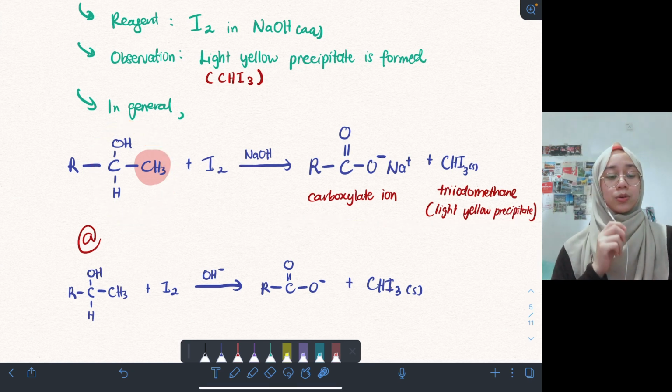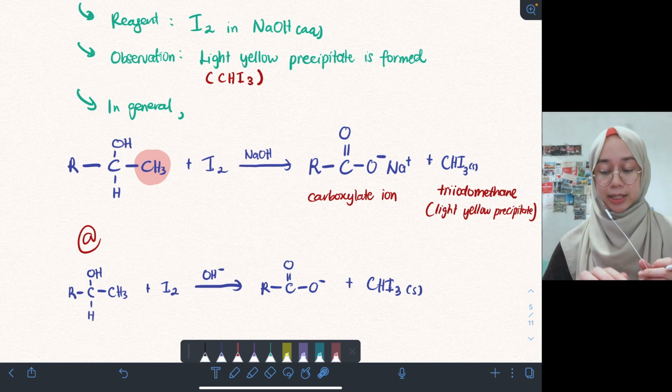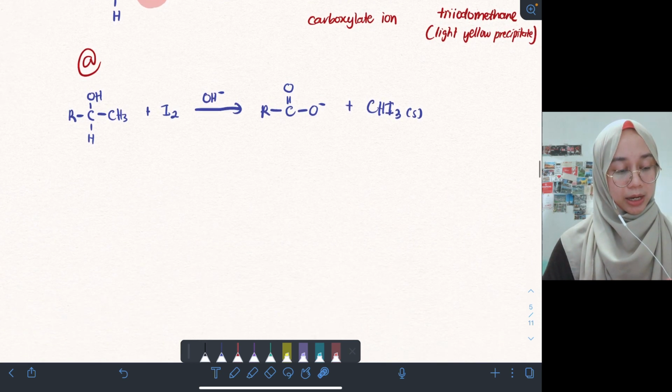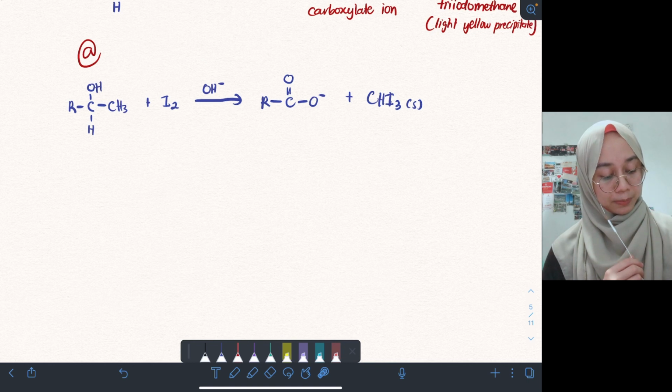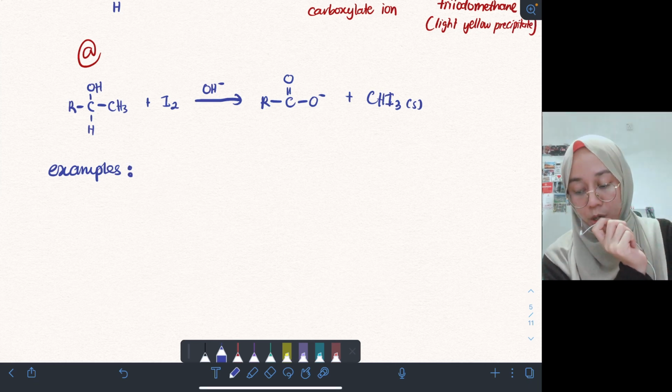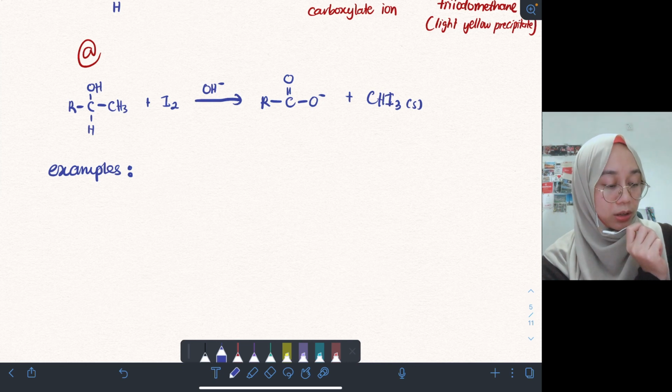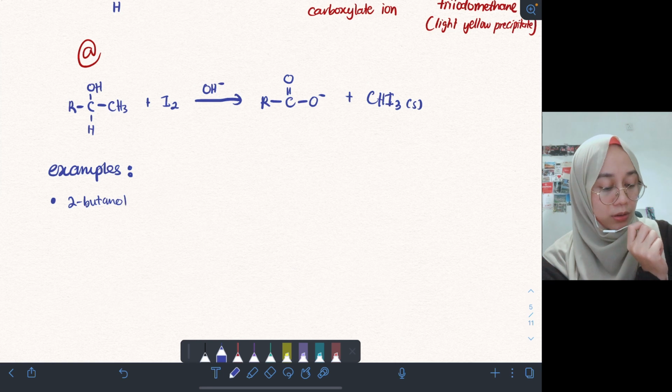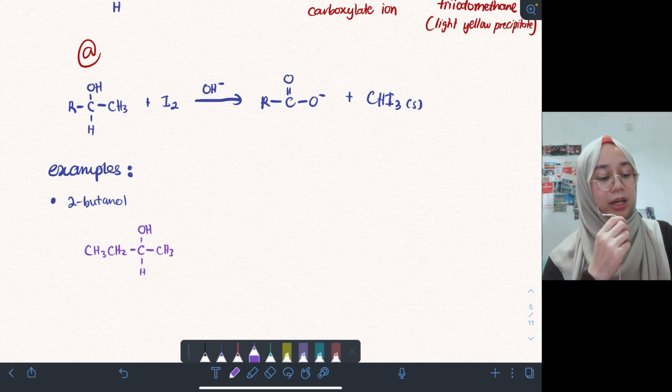Okay, so kita tengok example lah. Okay, kita tengok example. So let's say given to you ada dua benda. Okay, so you need to differentiate between these two. So I give you 2-butanol. Okay, so the first one I give you 2-butanol. So 2-butanol, therefore CH3, CH2, CH3, OH. Okay, so